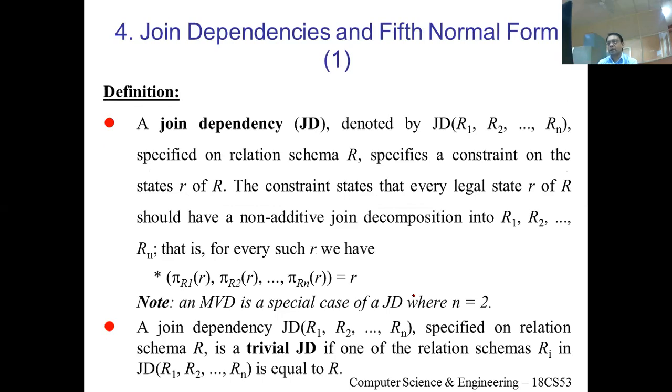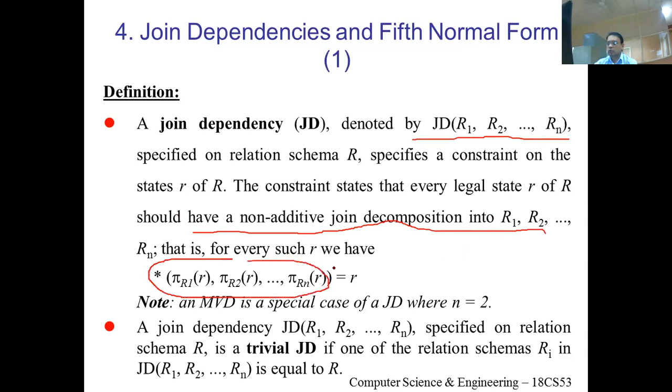So the next topic is join dependency, and fifth normal form is based on this join dependency. If you have a universal relation R, a join dependency is denoted by JD of R1, R2, ..., Rn. It specifies a constraint on the relation state, and the constraint says that there should be a non-additive join decomposition of R1, R2, ..., Rn. That means if we perform the natural join operation on R1, R2, ..., Rn, the result should be equal to the